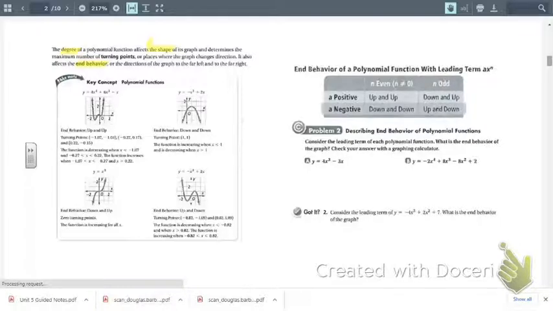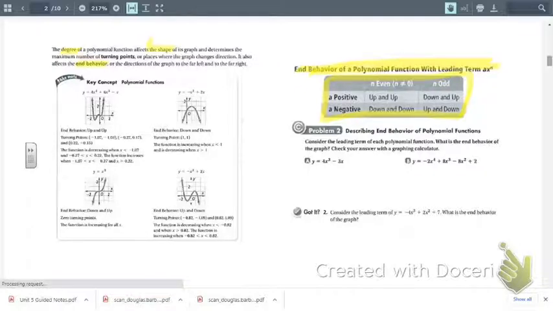All right, and for problems like problem number 2, we're going to focus on this chart right here. In problem 2 it says consider the leading term of each polynomial function. What is the end behavior of the graph? Check your answer with a graphing calculator. Alright, so we look at A. We want to first make sure that it is written in standard form, and it is. And so what is the end behavior